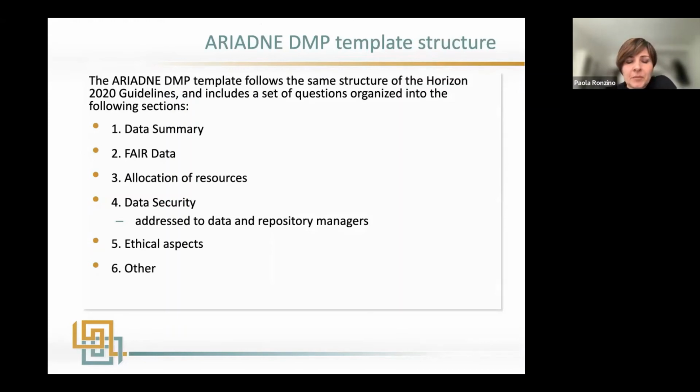So the DMP template structure of the ARIADNE template follows the same structure of the Horizon 2020 guidelines. It includes a set of questions that are organized in these sections which have been already introduced. It satisfies both the needs of researchers that manage the institutional repositories, with a section specifically tailored for them, and also for researchers because they are both data producers and data users, each having a specific perspective on data quality